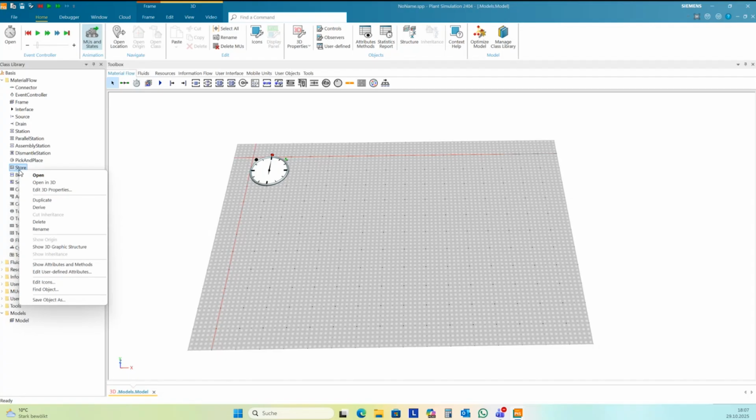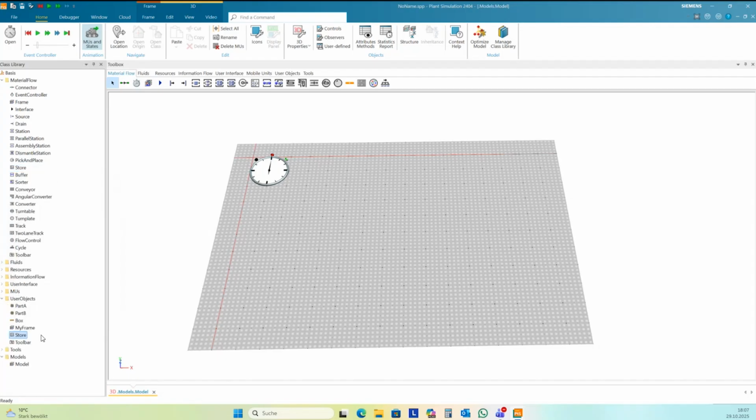So I duplicate the store and name it robot base. It can be completely passive in this case, because the robot arms do all the job. And so I can use the store for modeling the base of the robot.